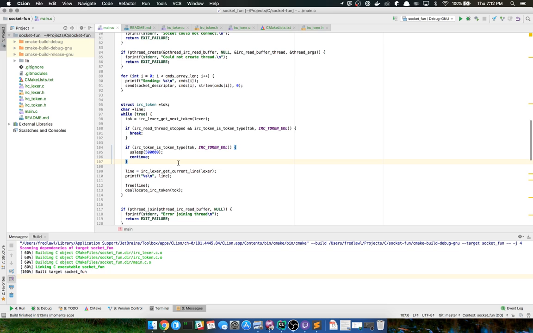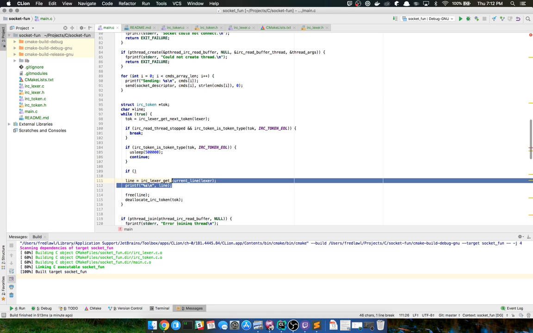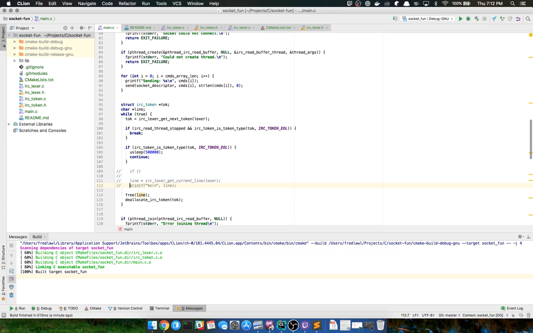So it built just fine. And then what I'm going to do is, oh boy, I'm going to have a huge memory leak here just for this test. Well, hold up. Oh yeah, so I'm getting the next token.